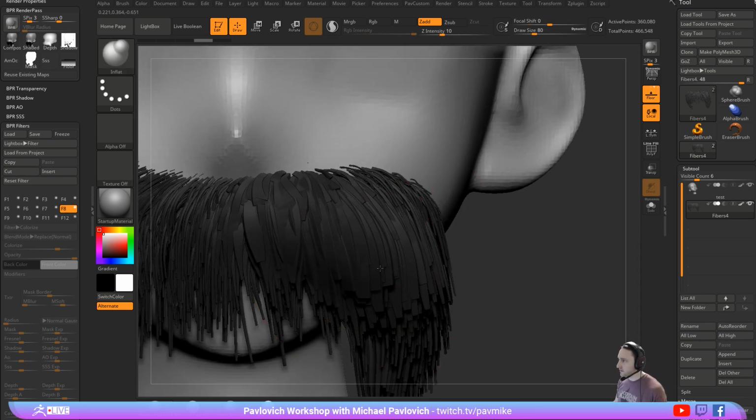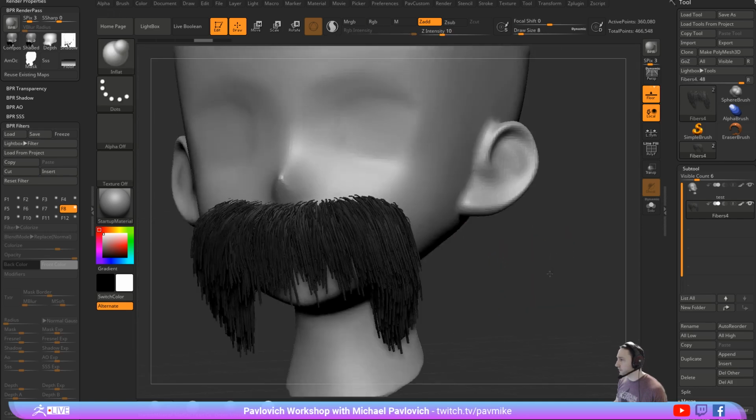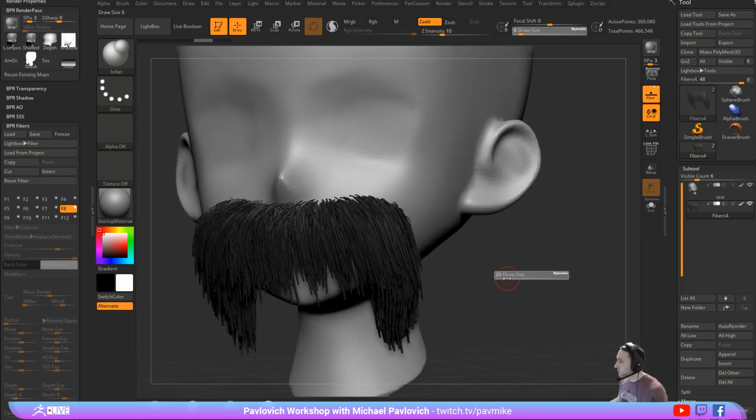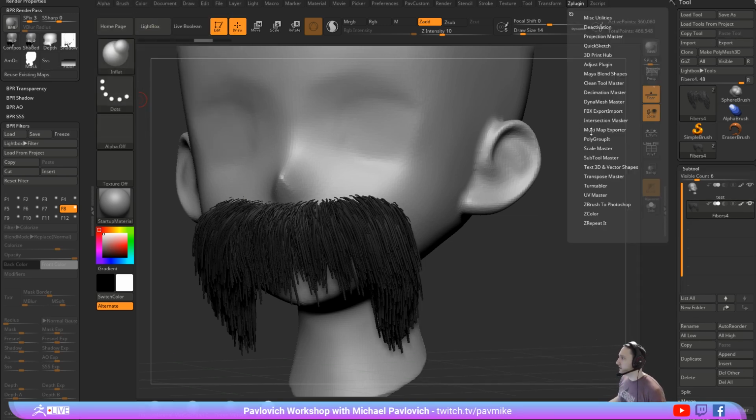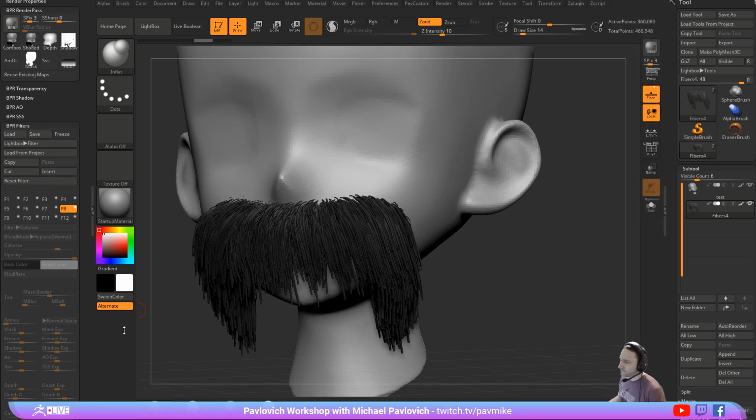kind of just sculpt on them. So now if we export these, it'd be geometry instead of fibers too. So that could be another way you could do that. And then if it's just geometry, you could also export that as an FBX, so FBX exporter. I think that might work. Again, that's not something I do all that often, but